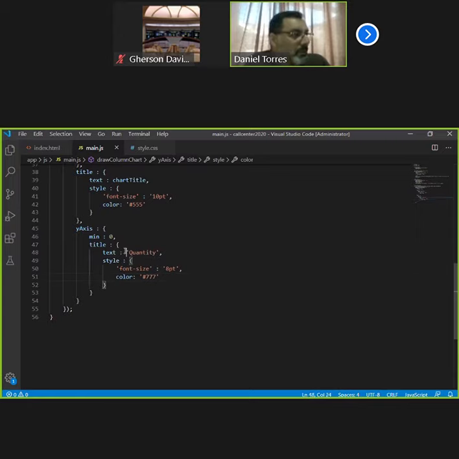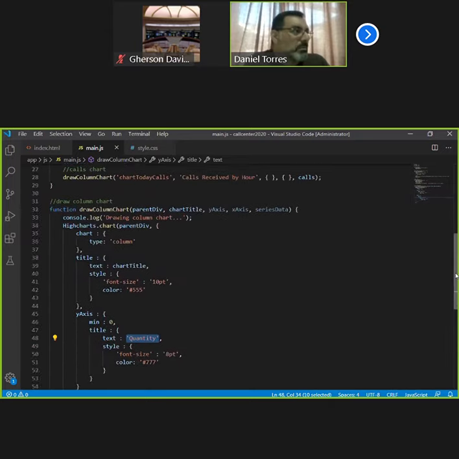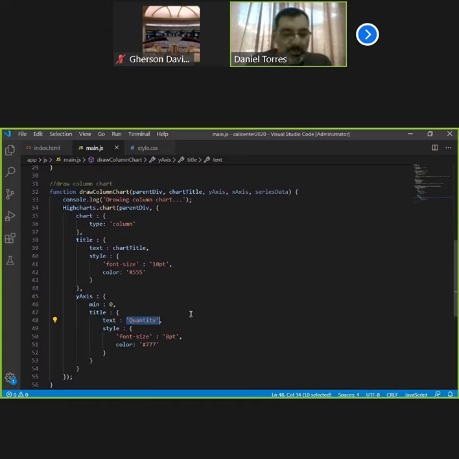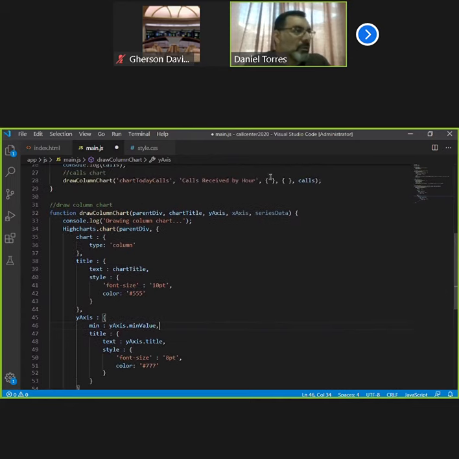And actually, the title is not going to be quantity. It's going to be from the object that we have up here, y-axis dot title. And this one's not going to be 0. It's going to be, let's say, y-axis dot min value. Okay, so we're actually able to configure this. So up here, it's going to be, this should be more like a,